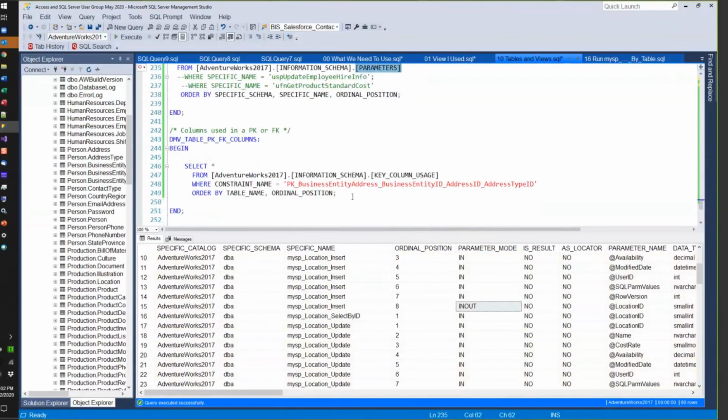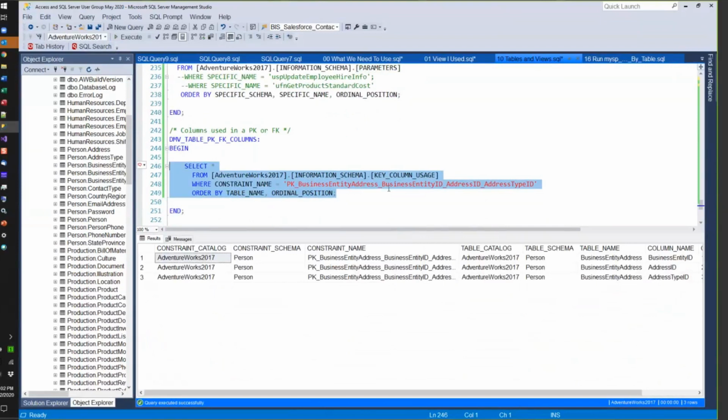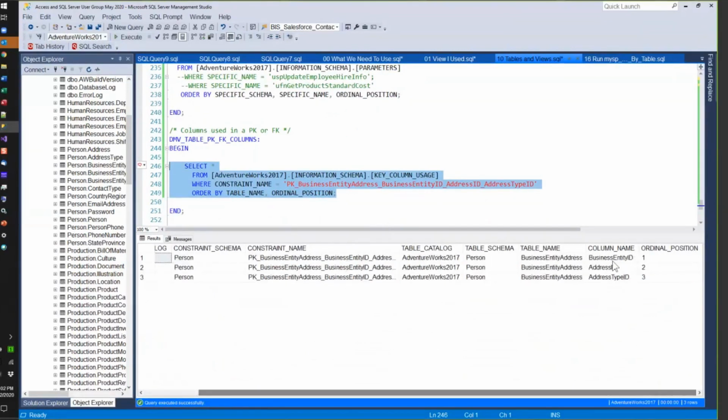Here, it's just interesting. There's a lot of these views. One of the things this does is key column usage. So if I look at a particular item, I can find the primary key, and I can know that this primary key for this table contains these three elements, and they are in this particular order. Now, why do I care about